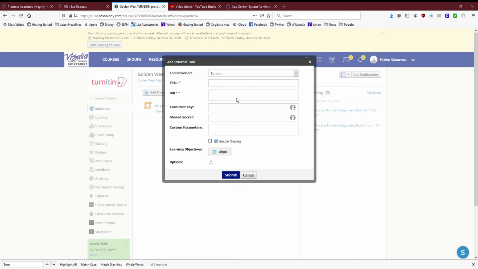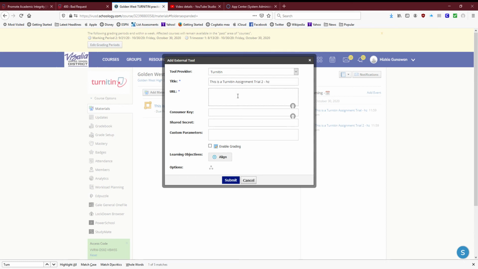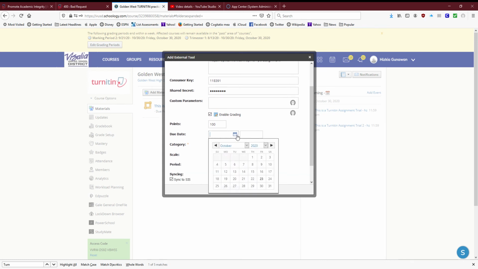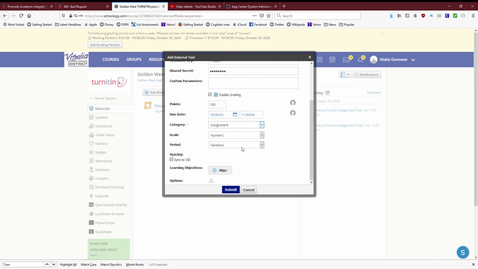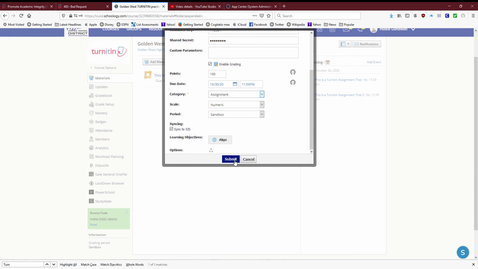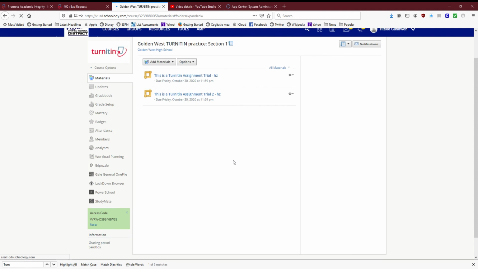And then just give my title, trial 2, and then this I have to keep entering every time I want to create an assignment. And then the consumer key is 118391. Share secret, I enter my share secret, and then I enable grading, give the due date, category is an assignment, and I click here, but then I will get a